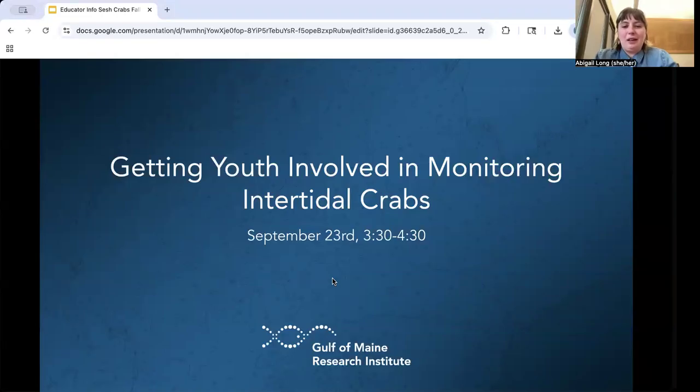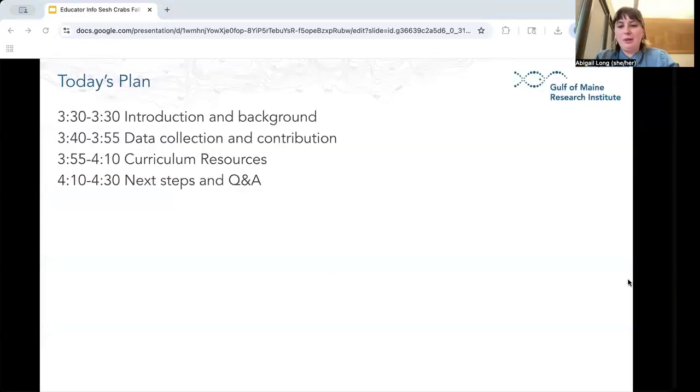But how this session will go is we're going to start with an introduction to community science, to the project, and then what to expect during the fall field season. And then I'm going to go into data collection and contribution, a brief overview of the educator resources, so those curriculum resources. And then I really want to leave it open for questions, idea sharing, anything like that, anything that